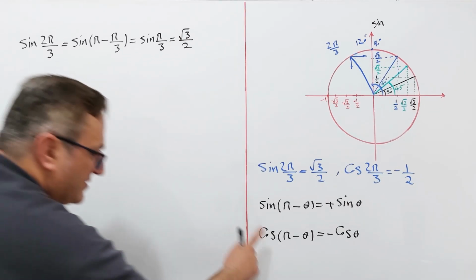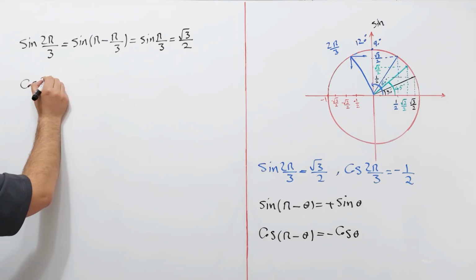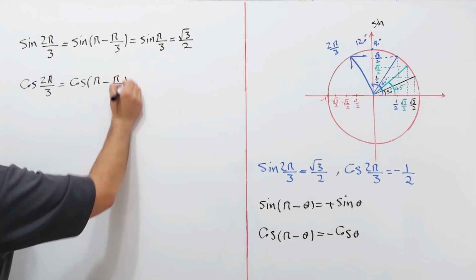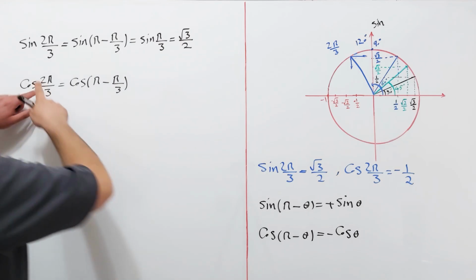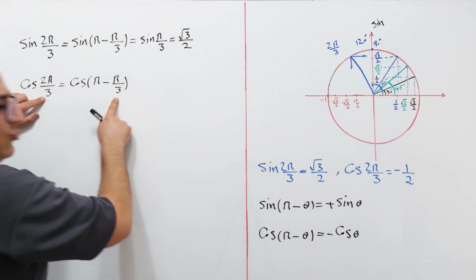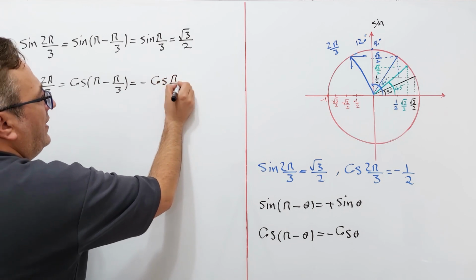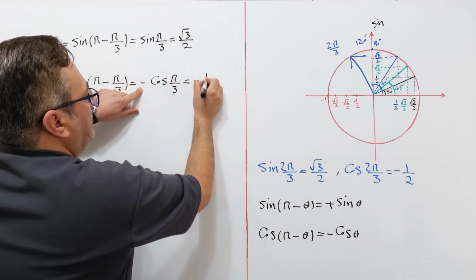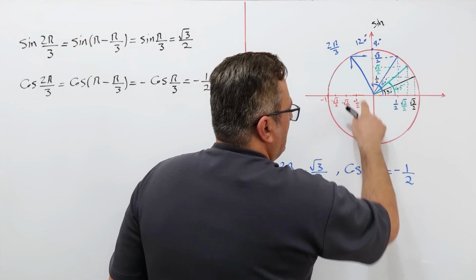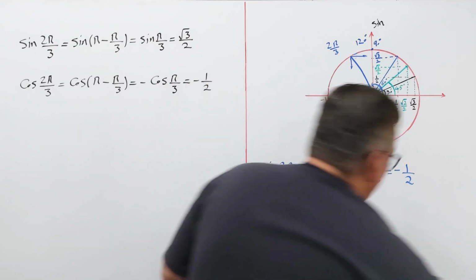Alright? Okay. And cosine of 2 pi over 3 is equal to cosine of pi minus pi over 3. Okay? Because 2 pi over 3 is equal to pi minus pi over 3. And according to this formula, it is equal to minus cosine of pi over 3, which is equal to minus 1/2. And if you look at the cosine axis, you'll see minus 1/2. Okay? And let's continue moving